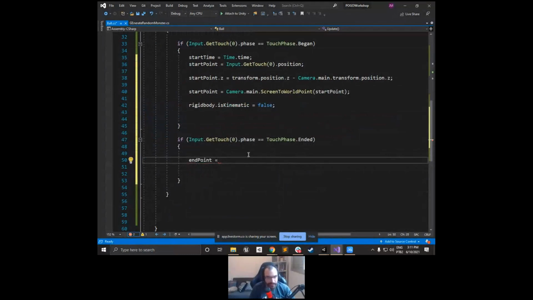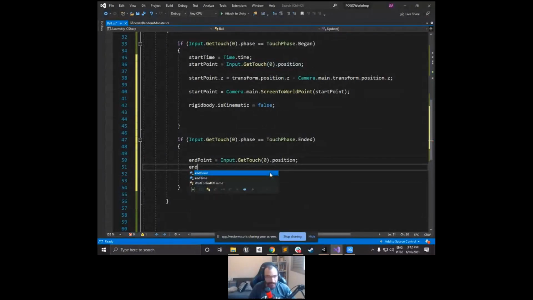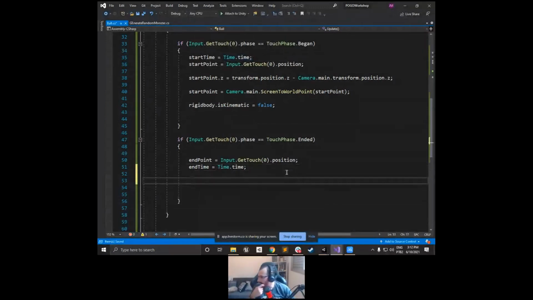So the end point is going to be equal to the same thing. I'm just going to copy that. The end time is going to be the same thing as well. So my end time is going to be exactly the same thing, time.time. So now I have the start time, I have the end time, and